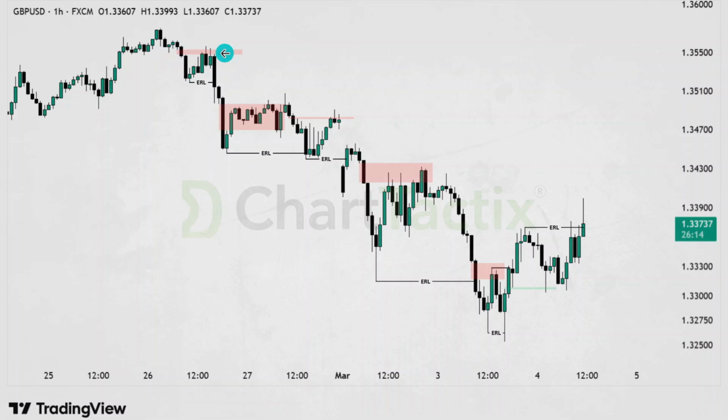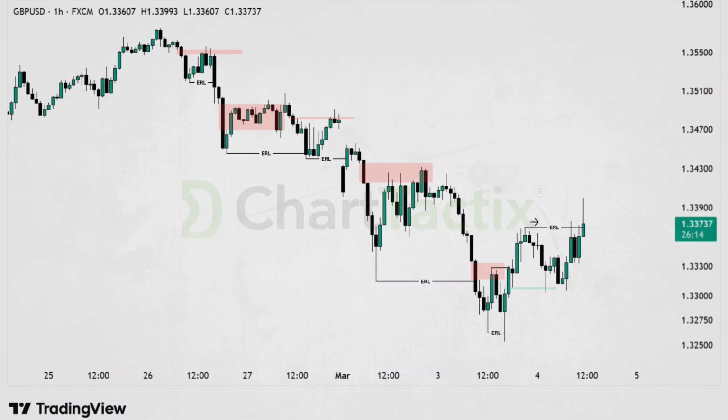It formed inside this fair value gap. And what the price did, took out external range liquidity. This lower high formed inside this fair value gap, took out external range liquidity. This one formed inside this fair value gap. Even though this was a minor fair value gap, price still respected it and took out external range liquidity. And here we can see price came back inside this internal range liquidity and took out external range liquidity. Same thing we can see here. Price came back into an internal range liquidity, took out external range liquidity, and then we had a structure break